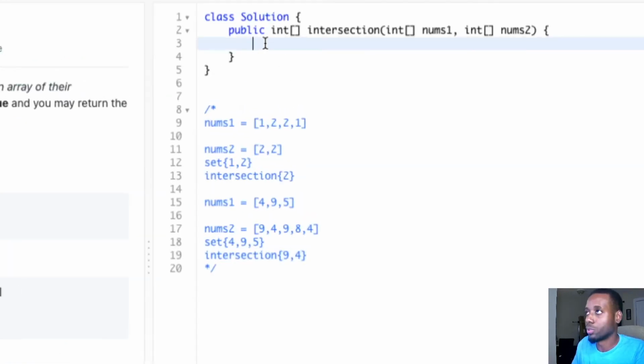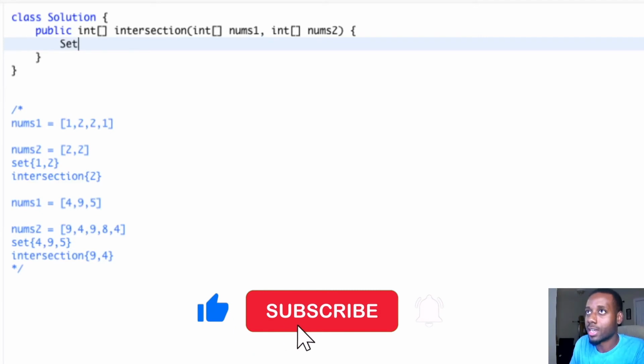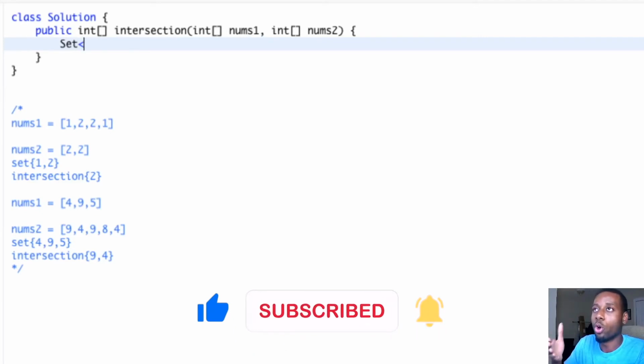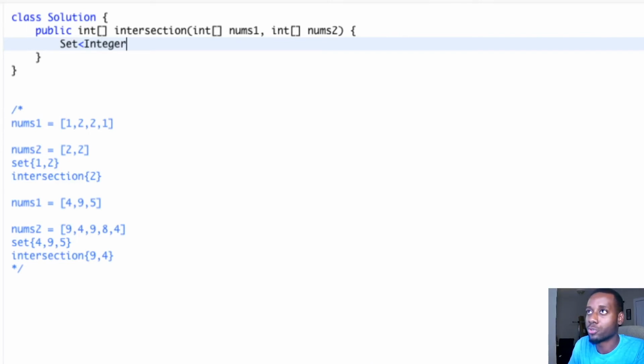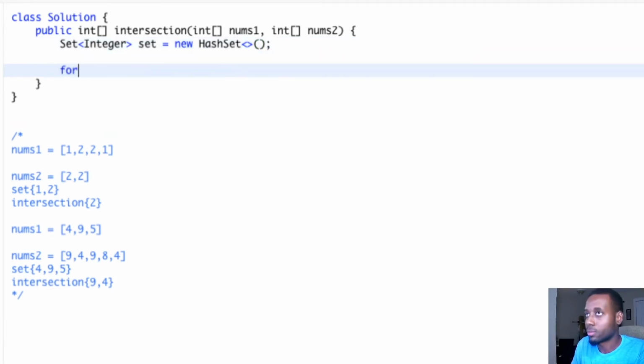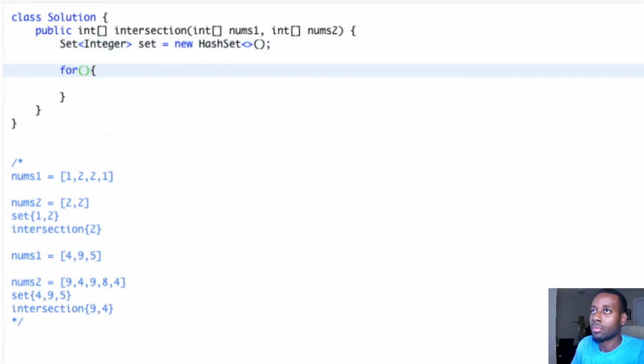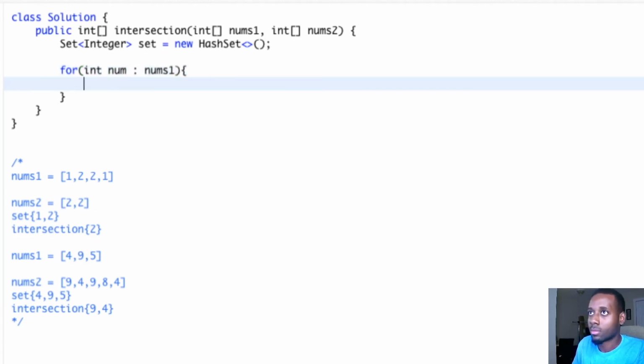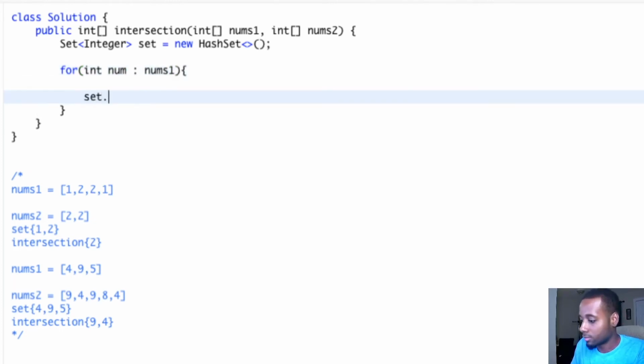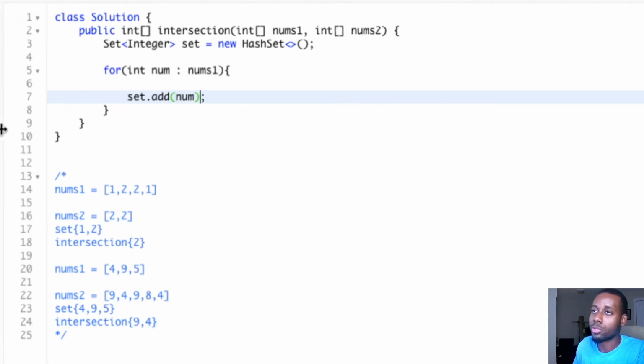I told you we're going to be using a set, a set to loop through all the numbers in nums1. So it's going to be a set of integers. Let's call that set, and then we need a new HashSet. Now we loop through all the numbers in nums1 and add each one to the set. So after we do that,